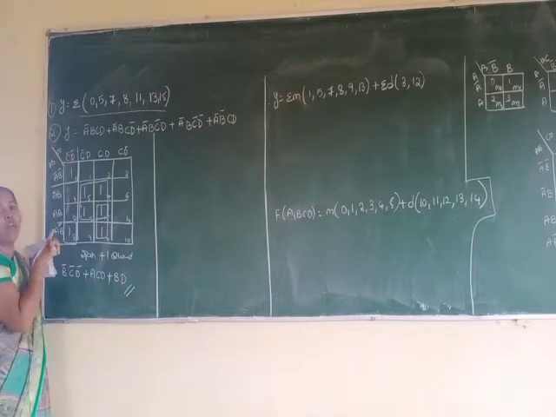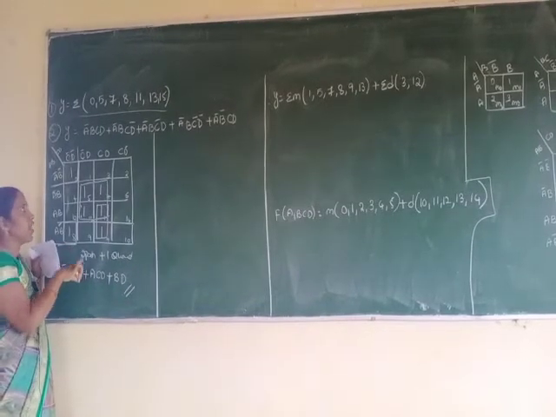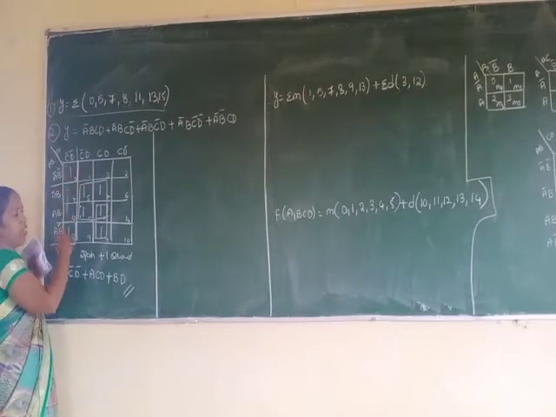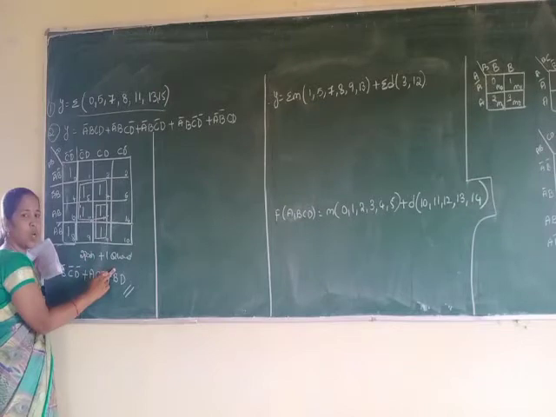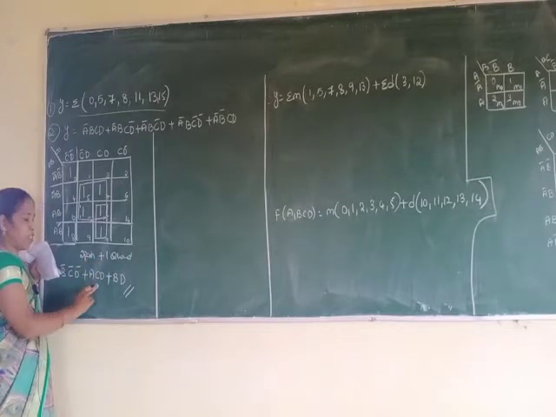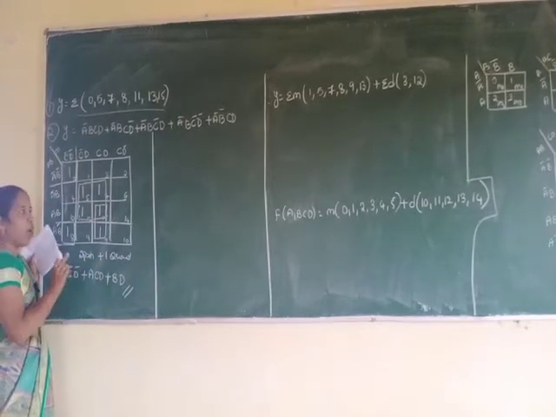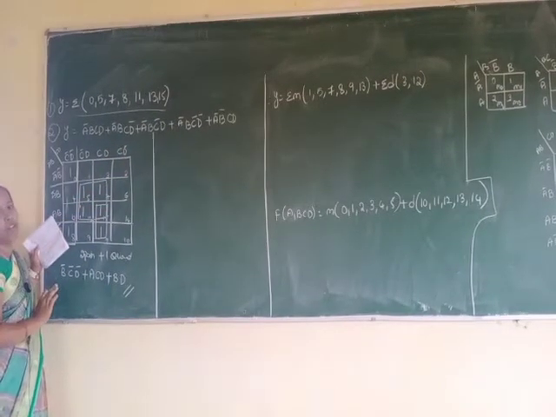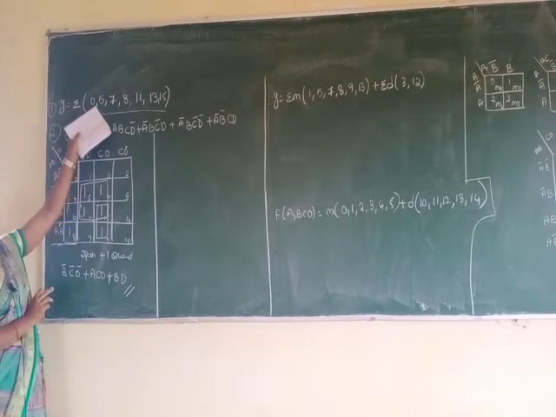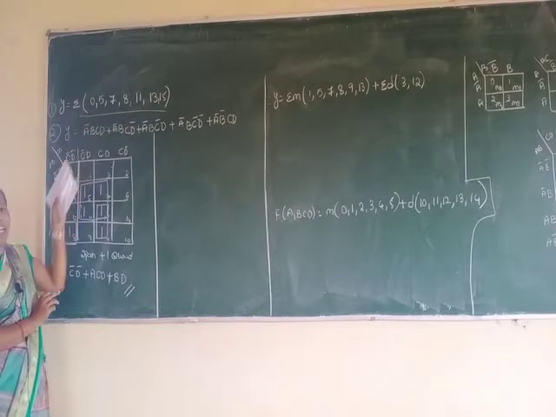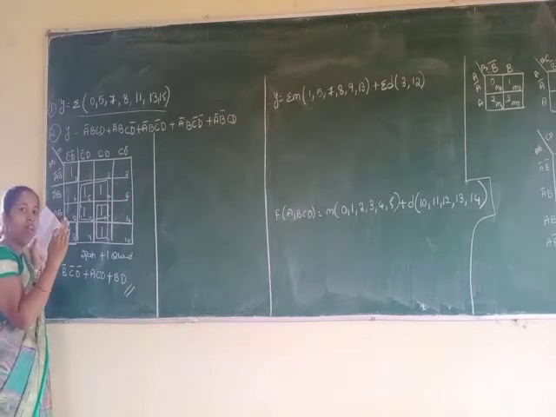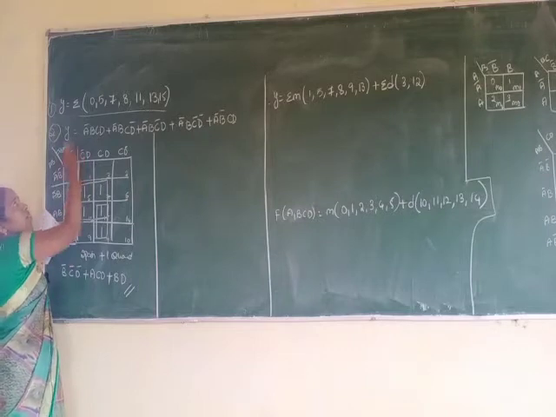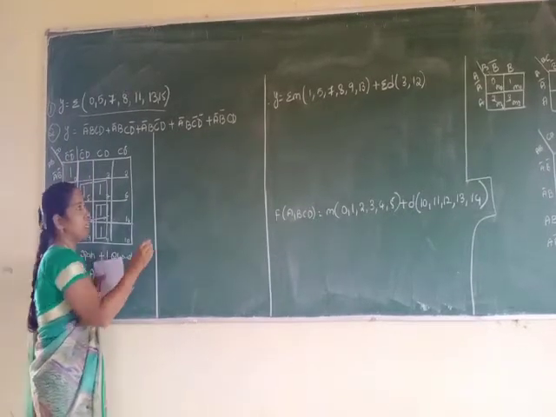I am using a 4-variable K-map, where you are getting 2 pairs plus 1 quad when rolling the K-map. The same pairs you are writing in the expression. Now one more example, they have directly given the SOP expression. The first one they gave the minterm values from 0 to 15. You have to check the maximum value, and based on that decide whether it is a 3-variable or 4-variable K-map. Now in the second one they have given the expression.